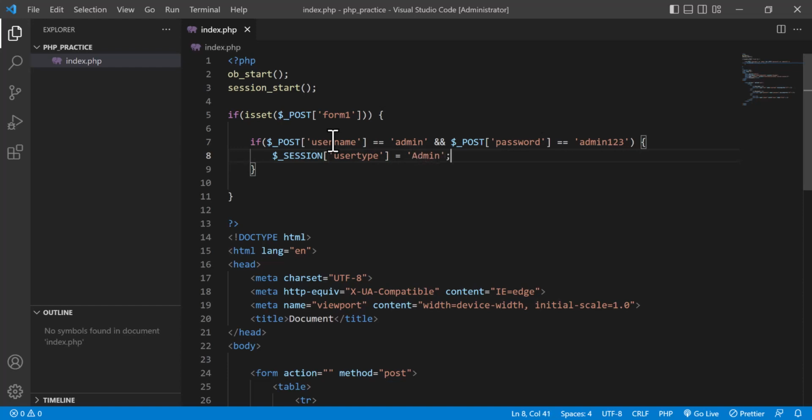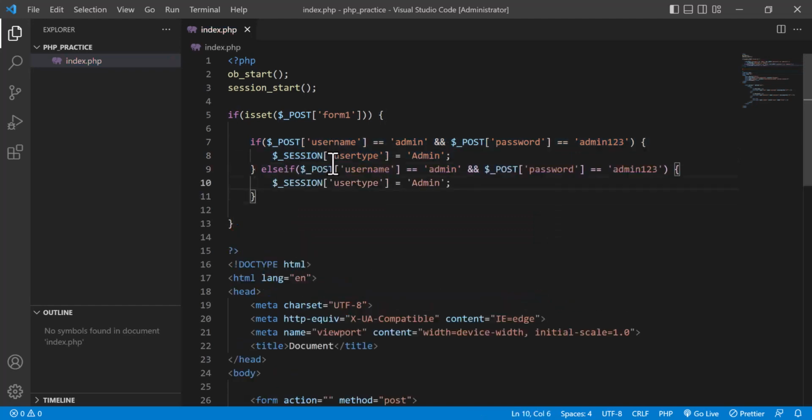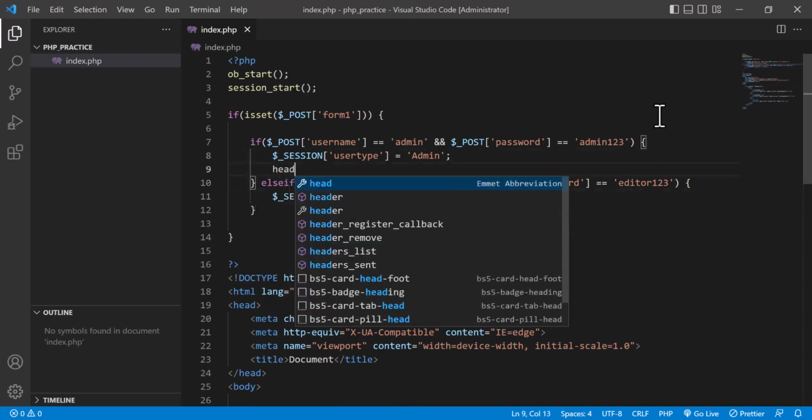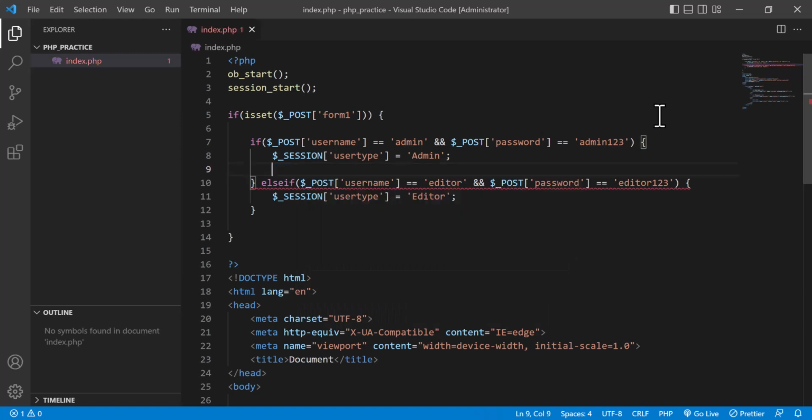So user type will be admin in the session variable. Else I am going to copy the same thing and paste it here. Else if post username equal to editor and password equal to editor123, then session of user type equal to editor. And he will be redirected to the dashboard page,